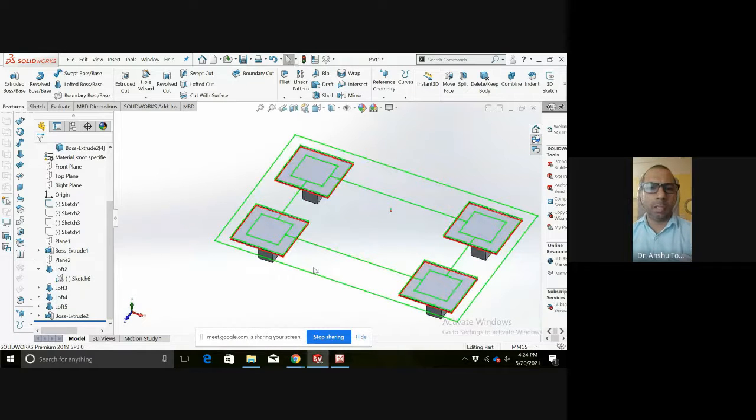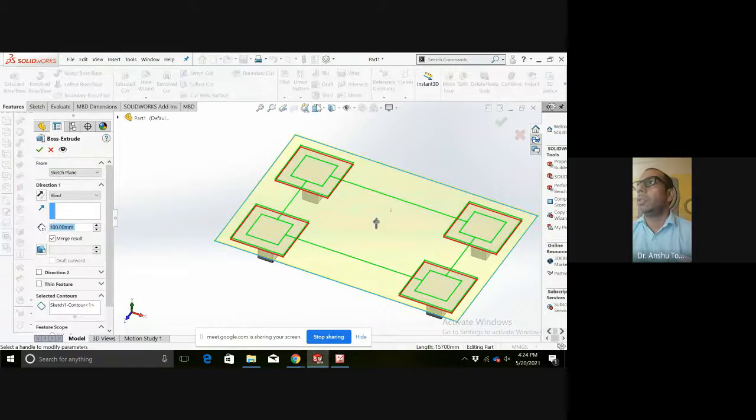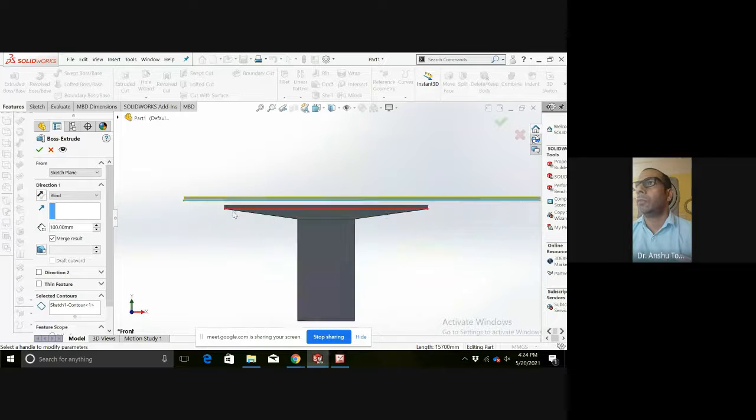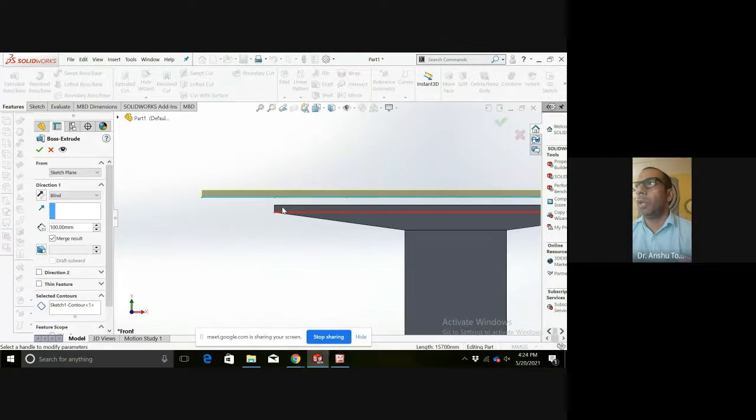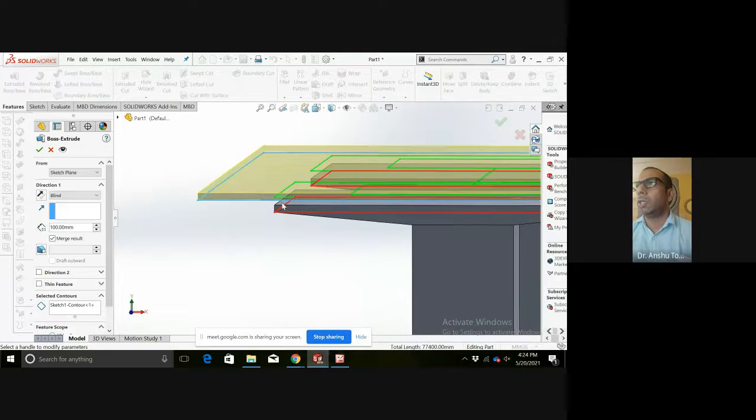Now the only thing which is left is the slab. Reinforcement we will do next week. The slab is required to be modeled because this is the total slab. So we will simply be using this particular sketch, extrude it, and if I go to front view, I want to extrude it till this surface.